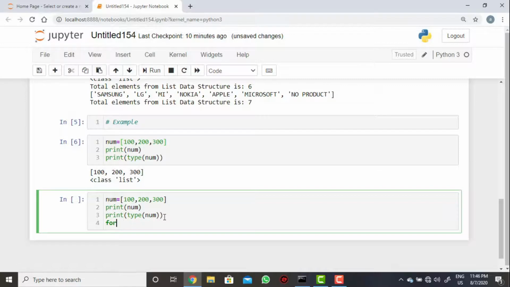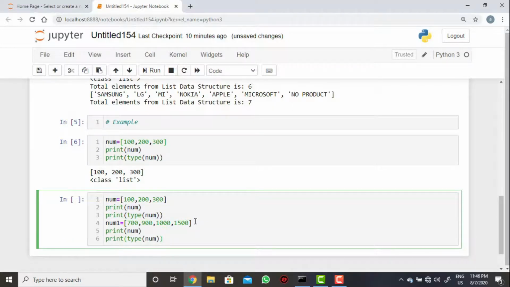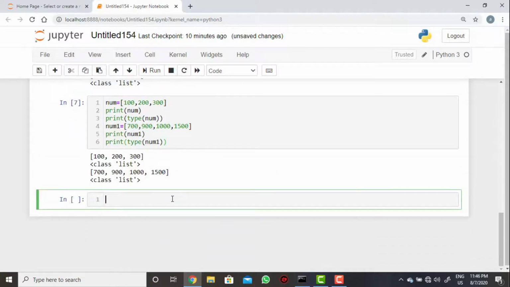I'm adding num1 equal to 700, 900, 1000 and then 1500. These are the elements I have, so take it as num1. Try to execute first, and these are the elements we have.